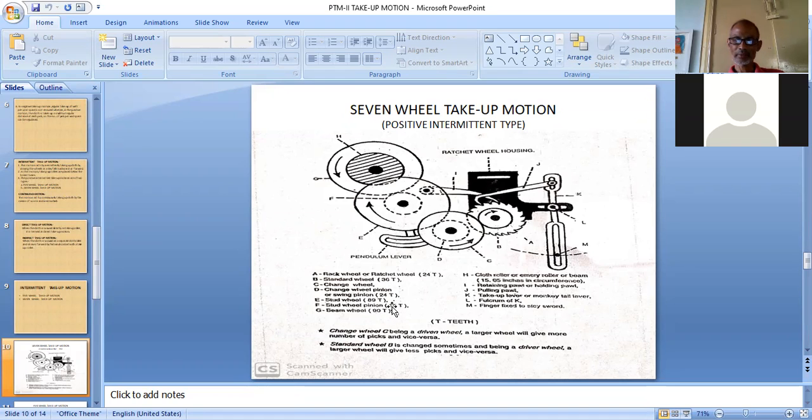Number of teeth, एक typical example जो लिया हुआ है उसमें number of teeth भी दिखाए हुए हैं कि किसके कितने teeth होते हैं. So it is having around 89 teeth. A large size gear is there, which is known as stud wheel. Stud wheel जिस shaft पर mounted है, ये black में जो दिखाया हो that is shaft. जिस shaft पर ये mounted, उसी shaft पर हम एक stud wheel pinion mount कर रहे हैं, which is having less number of teeth, means a small gear is there. This stud wheel pinion, you can say this is in contact with again a larger wheel, which is indicated by G, and it is named as beam wheel.